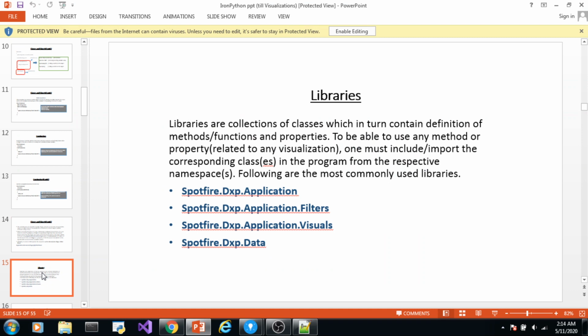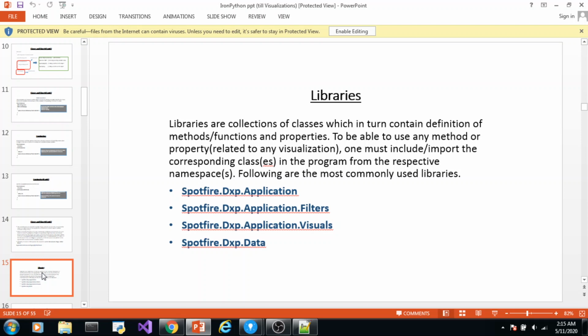Now there are many libraries in Spotfire. People familiar with other programming languages must be aware of the namespaces which they import in their programs before using some properties or methods defined in those namespaces. For example, a Java programmer will import some input output libraries into their Java programs using import java.io.*.